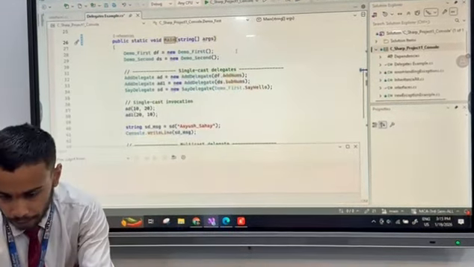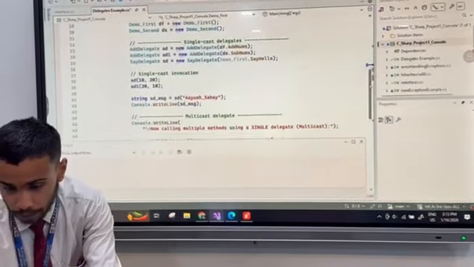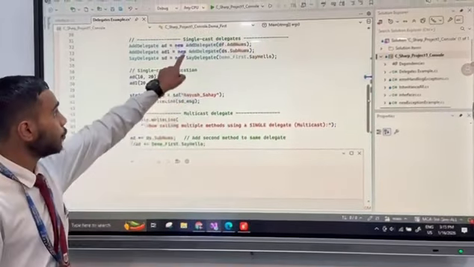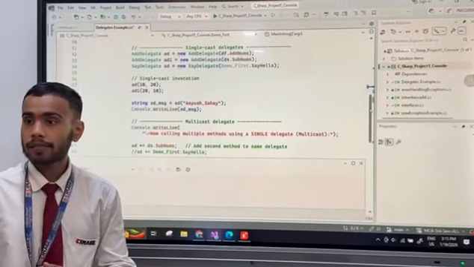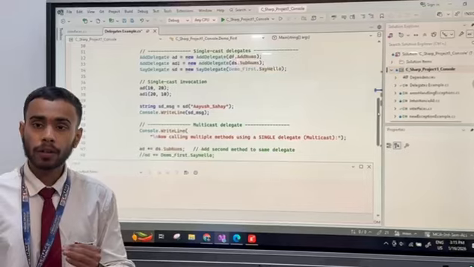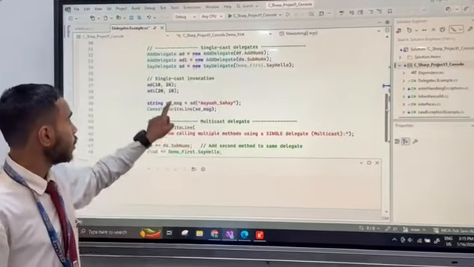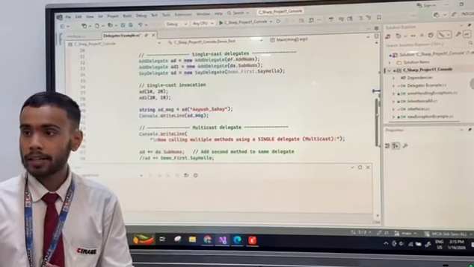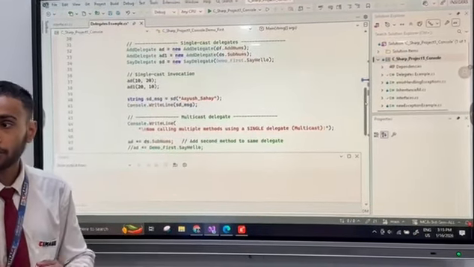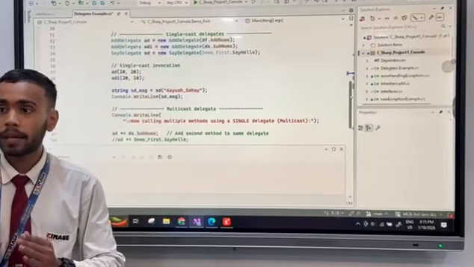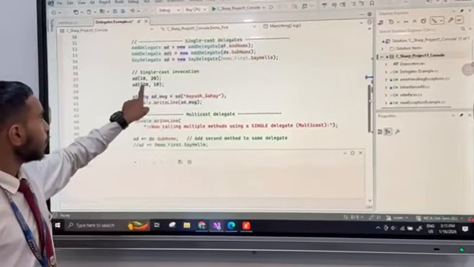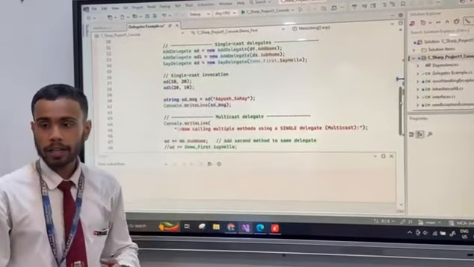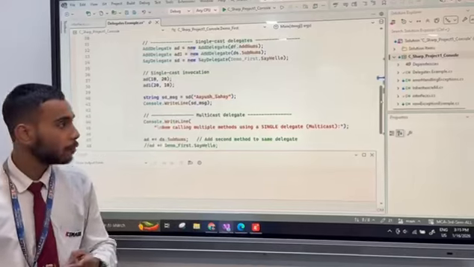Now we must understand how we are giving the reference of the method to the delegate. How are we utilizing the delegate? To utilize the delegate, we have to invoke the delegate, or you can say call the method with the help of that delegate. There are two kinds of invocations, single invocation and multiple invocations.